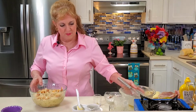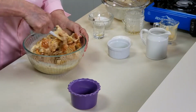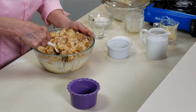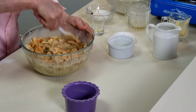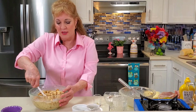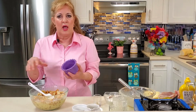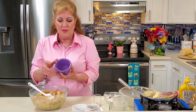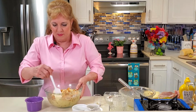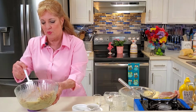There we go. And I'm going to just stir that around, make sure all the croissant pieces are coated well. If for some reason I looked at that and I thought it was too dry, I would just add more milk. There we go. In a 350-degree preheated oven, I have a ramekin. Now you can make this in one casserole dish, however you want, even a cake pan, like an 8x8 or 9x9 square pan is fine. I've buttered it. If you don't have that, you can put some spray on it, okay? And I will fill this up and get it in the oven, and then we're going to get making our